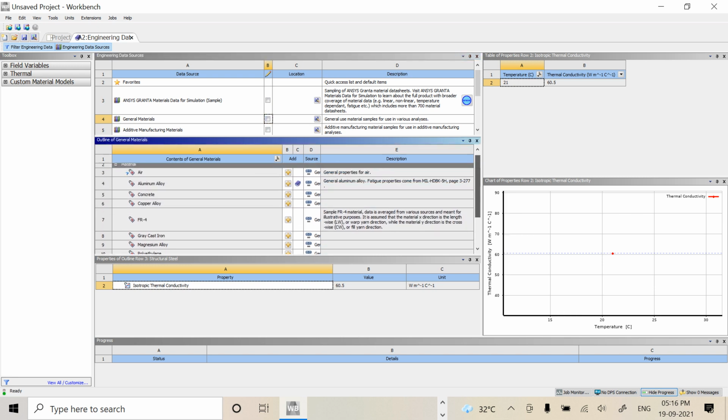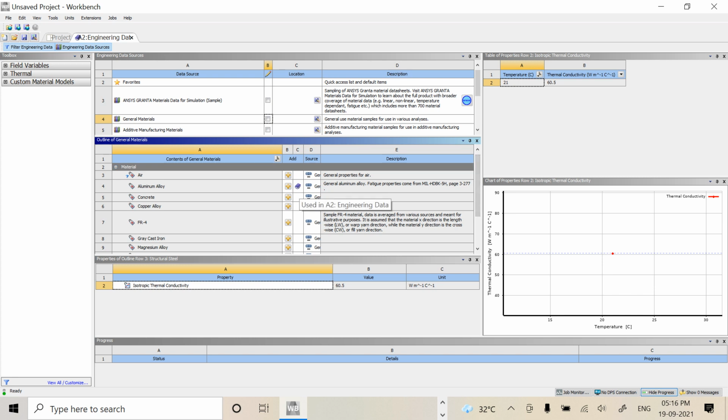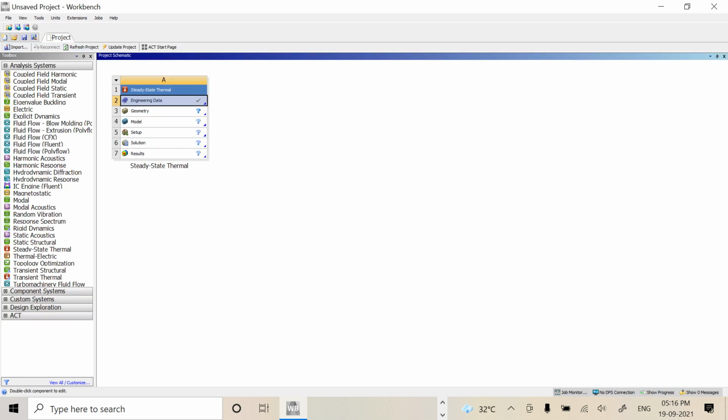Next to aluminum alloy you can see a bookmark over here. It shows that aluminum alloy is selected. Next we can click on this and close it. See here, engineering data is showing a tick mark. That means it is fully completed. The rest is showing question marks, showing that they have not been completed.